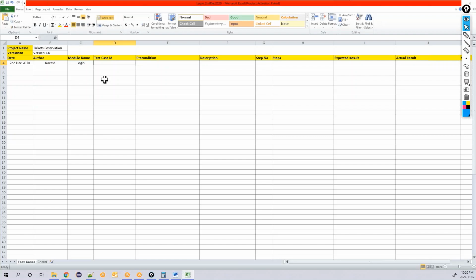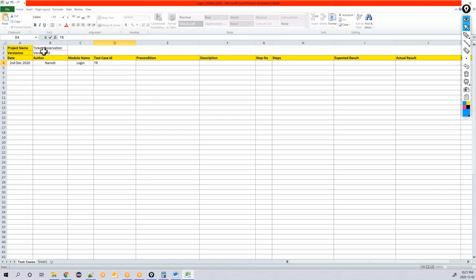Test case ID. Every organization has a different way of writing test case IDs. Some people will say TC1, TC2, TC3, like this. Whereas in some companies, they will have a test case ID with the name of the application, TR, ticket reservation.